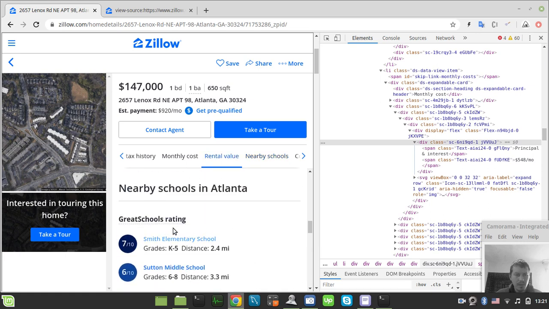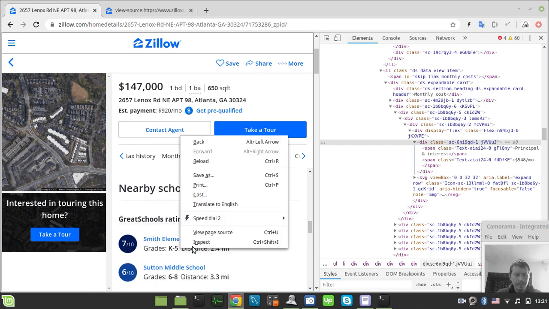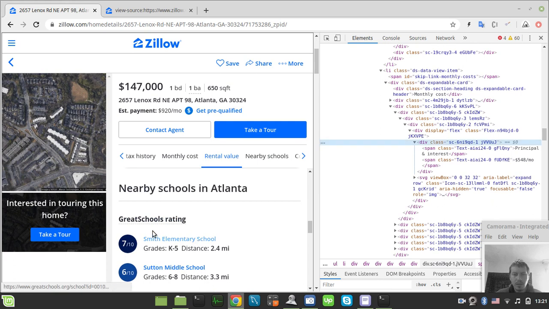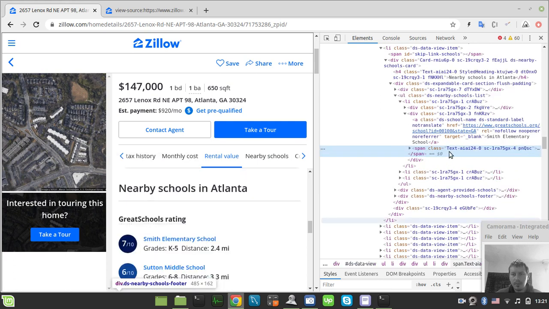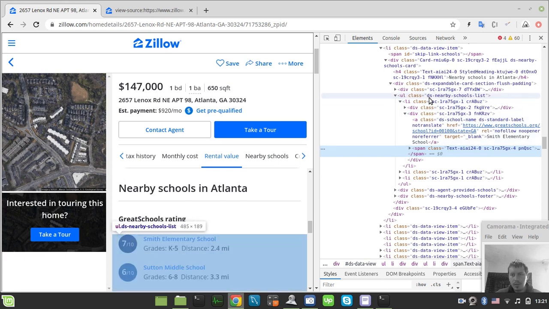Maybe just grab the entire stuff. Okay, let me just, if they are easy to scrape, I will get them. Otherwise, just nearby school list and list items. Okay, so let's try just